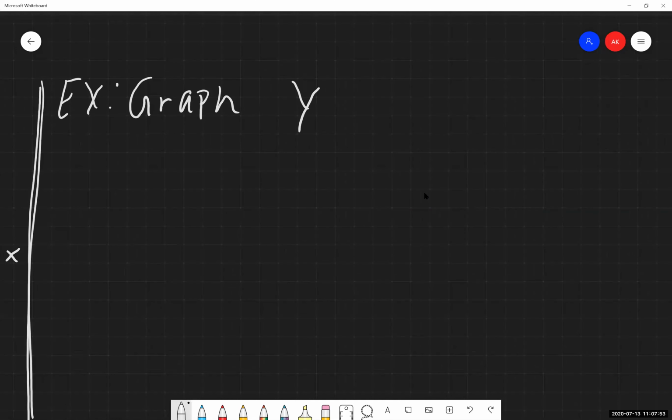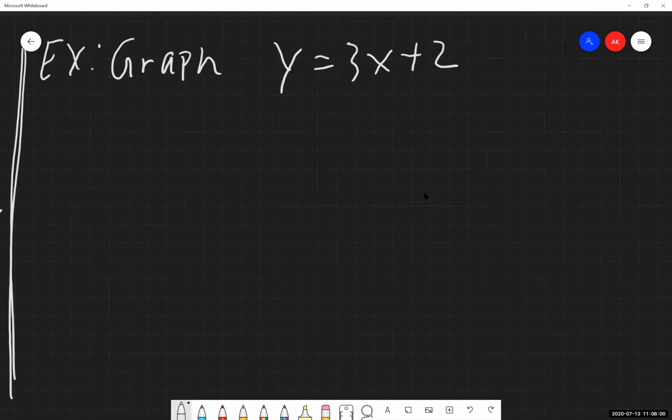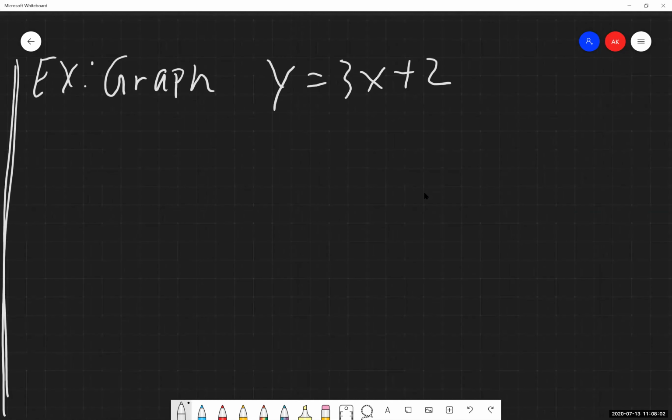So we're told to graph y equals 3x plus 2. This is all that we'd be starting with on the homework or on the test. Now again, to plot a linear equation, which is all the types that we're going to be working with for this chapter, we need to find at least 2 points. If we have 3, 4, 5, 10, whatever, great. We have more than we need, but we need at least 2. If you don't have 2, you can't plot this thing at all.